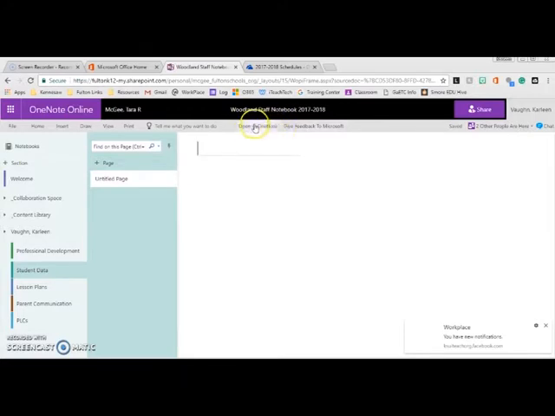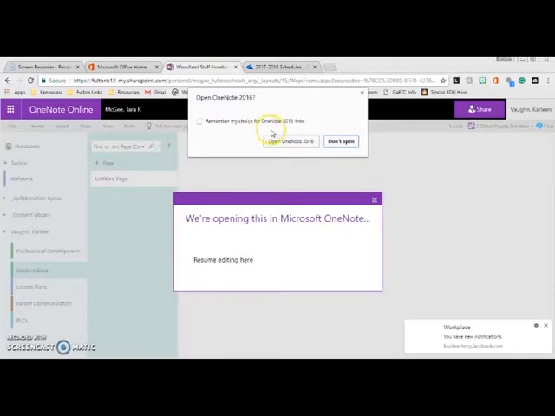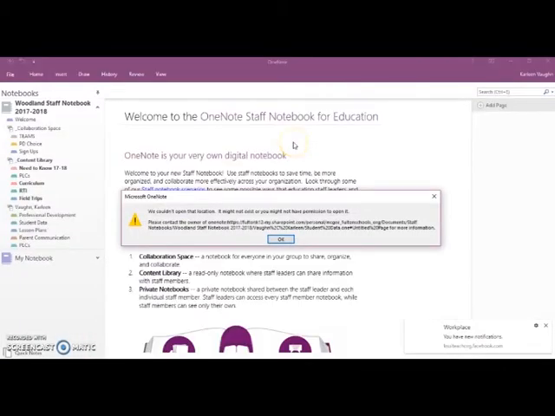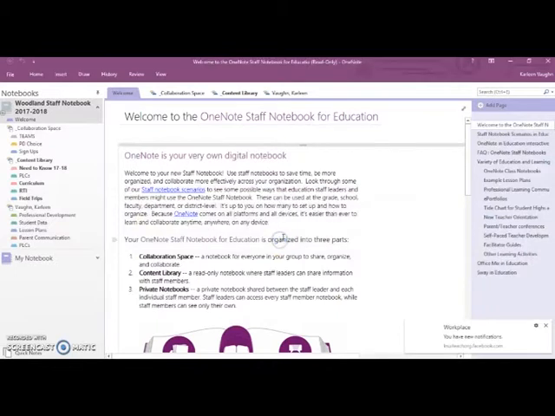At the top of your screen, you should have this Open in OneNote button. So I'm just going to click that. Remember my choice, Open in OneNote. Okay, and it should come up. Very good. I'm just going to ignore that. And so now here's my